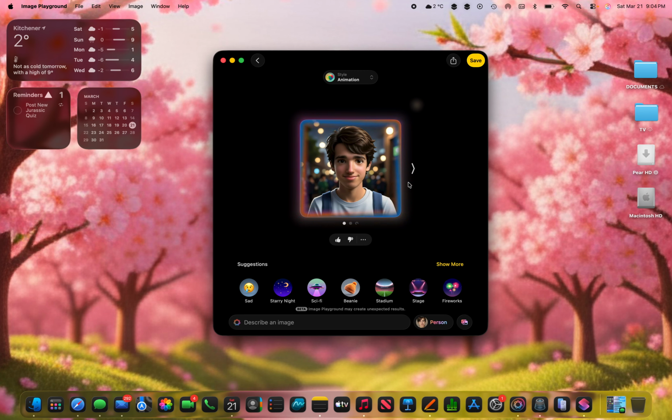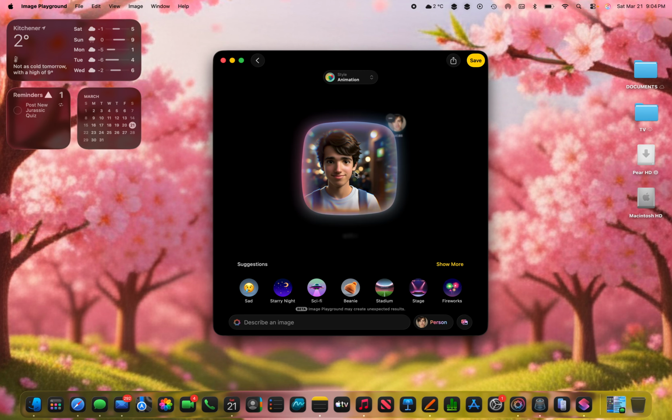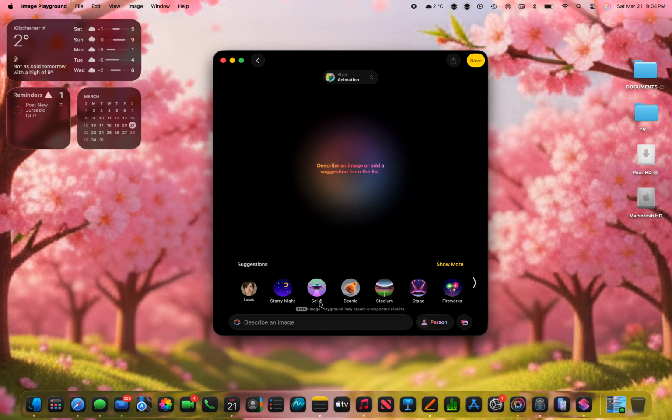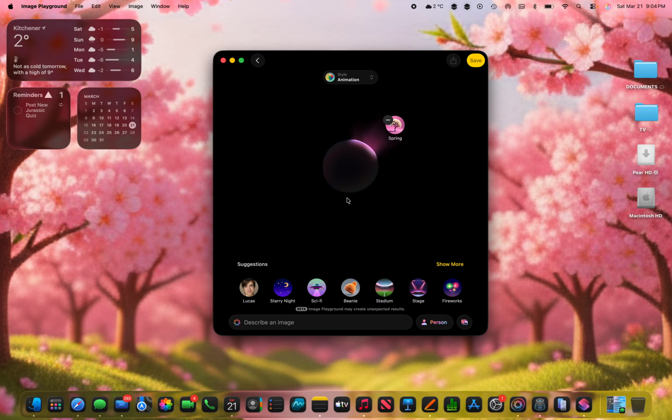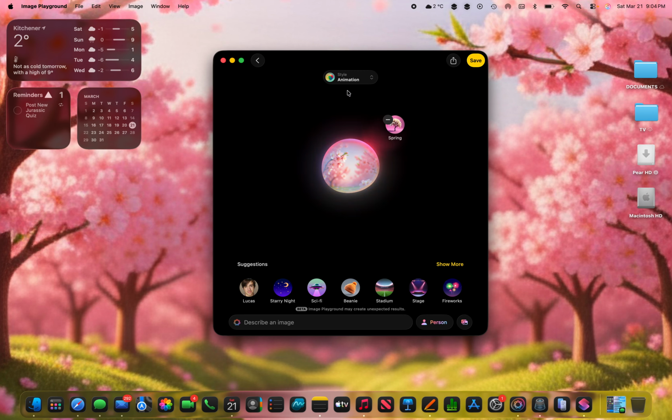So you can swipe through different versions of images that the model creates right there. So you can now create images of yourself, or say spring. And right there, the model will generate right there for you. So you can swipe through, look at different concepts, and